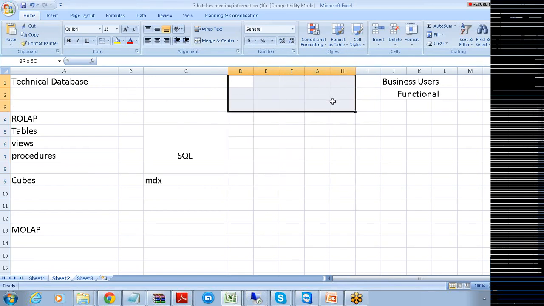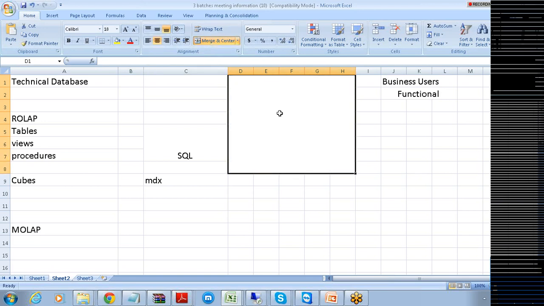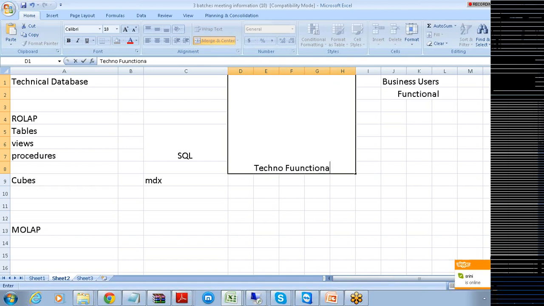So for that particular purpose, Business Objects has provided one type of techno-functional layer, and we call this techno-functional layer the universe.